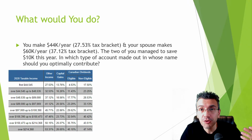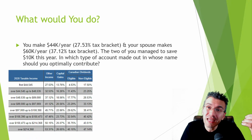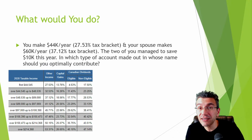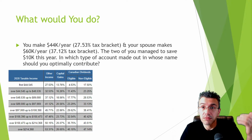Obviously, when you're contributing to your TFSA, there's no tax refund, so that's a negative for sure. But at the same time, you get a lot more flexibility. You're able to take money out whenever you want. There's no tax payable on that money. You don't have to declare it, as a matter of fact, as income when you're taking money out of a TFSA. Whereas when you're taking money out of a spousal RRSP or a standard RRSP, not only is it